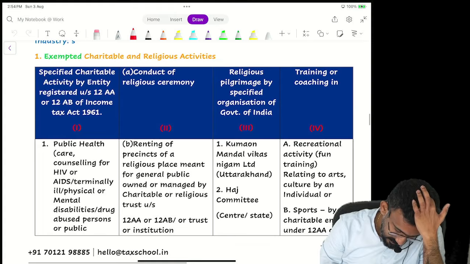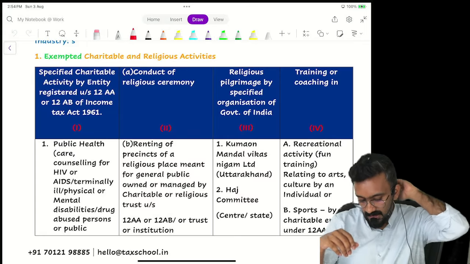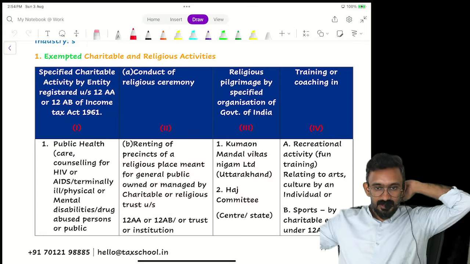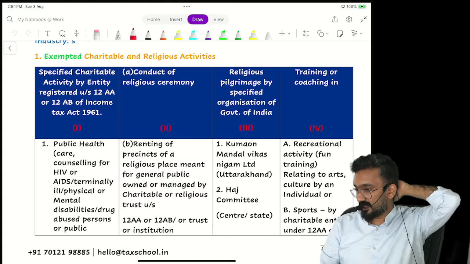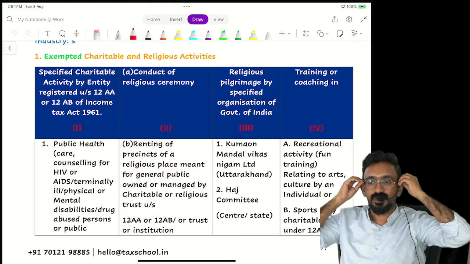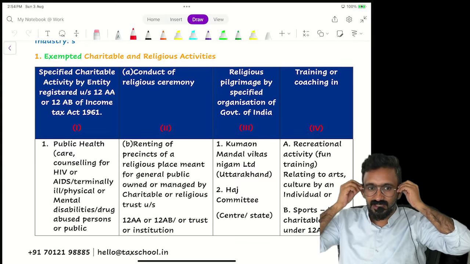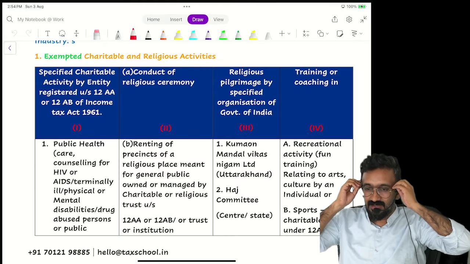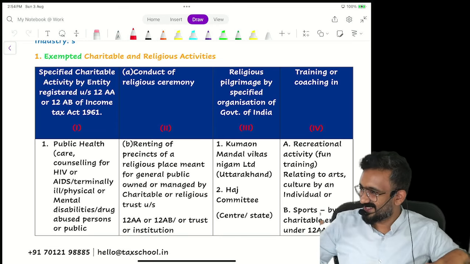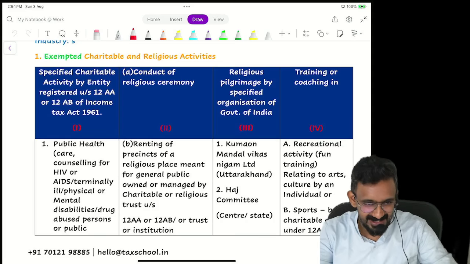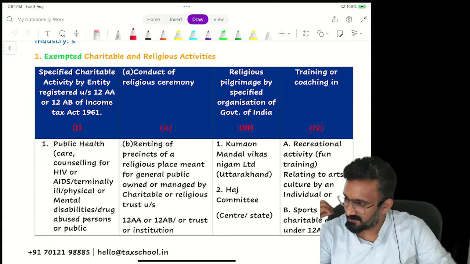Industry discussion. All of these industries are being tested multiple times. Shall we? First, 4 exemptions I've given in a table structure. We are discussing the industry called charitable and religious activity. I've tried to stay as close as I can to the material in terms of discussion, in the same chronological order, so that if you want to compare, you might find the same items in my material and the ICAI material, but much shorter. From 15 pages, we'll sort the entire thing. Shall we try that?